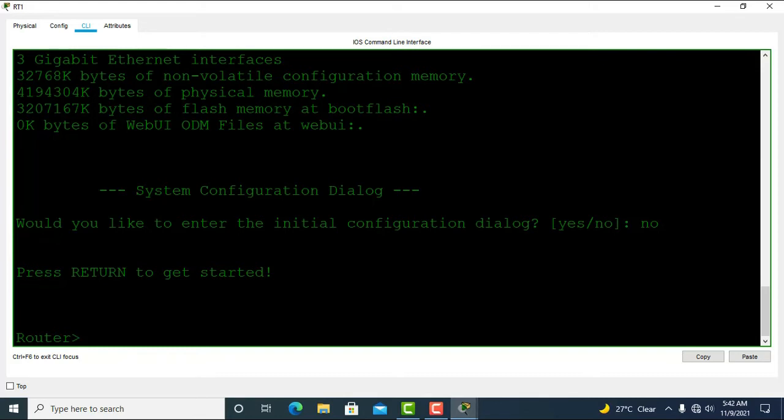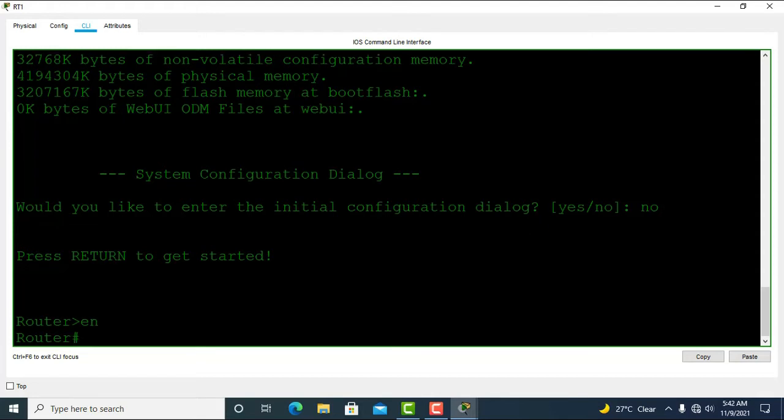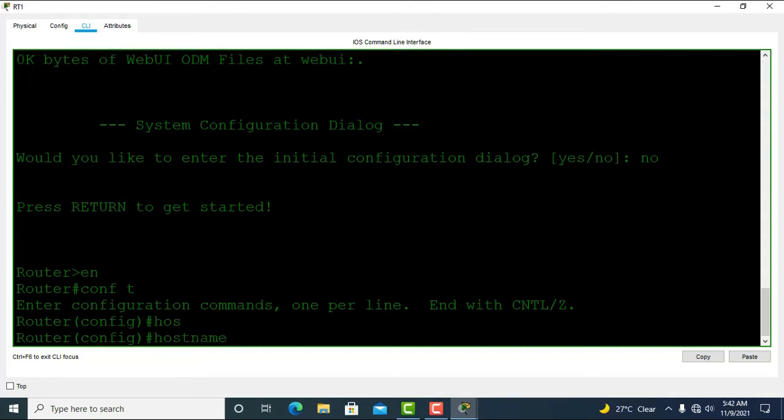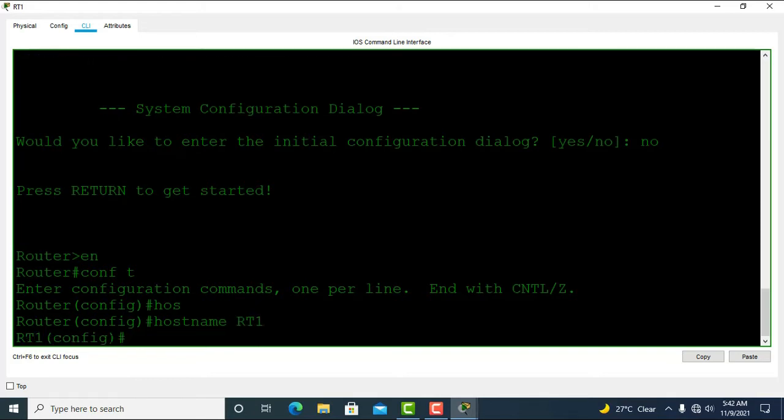So I'll just go for enable, conf t, and then let me change my host name. I like doing that because I want to identify my host, right? Here, do show IP interface